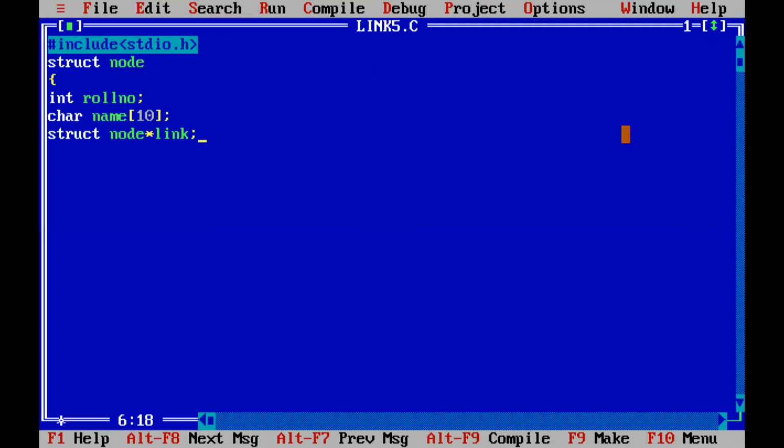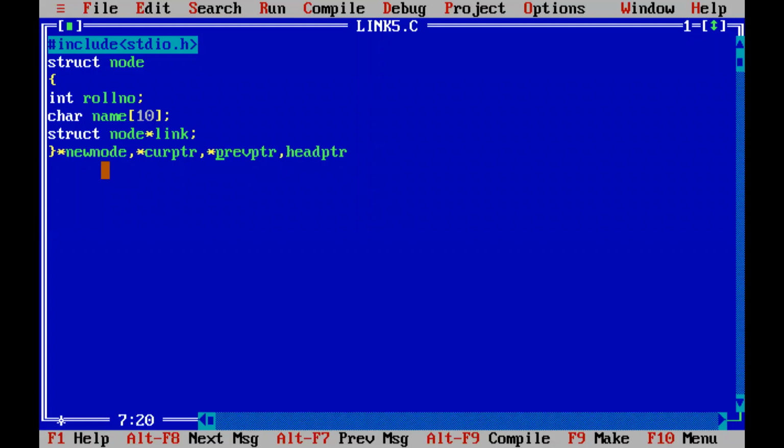This should be the structure or the template of our struct node. Each node will have a template like roll number, saving name, and then the address of the next node, right? Now what are you going to do? Here we have declared the struct node. If you want to declare the pointers here itself, which pointers will you be using? New node pointer, then current pointer, and then previous pointer. All this you can declare over here. And then also the head pointer, right? All these are pointer variables.